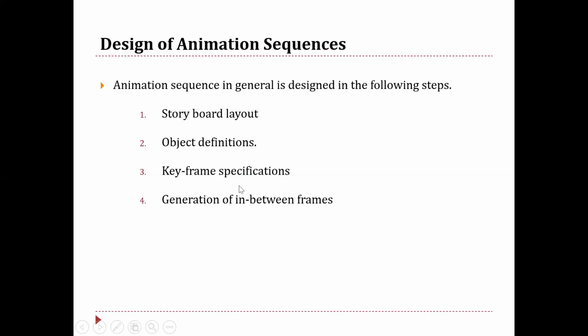First one is the storyboard, which is nothing but the rough structure. Second one is the object definition. It is nothing but a detailed description based on the shape of the participant. A keyframe, which gives us a detailed drawing of the scene, and then comes the in-between frames for us, which are nothing but the graphics which is generated in between one frame to another.